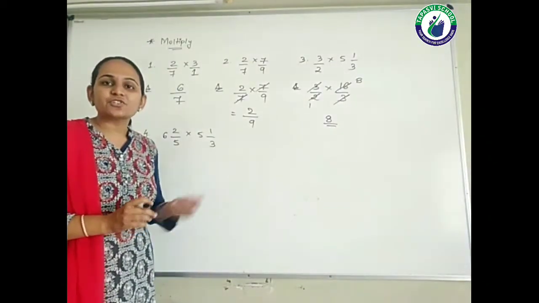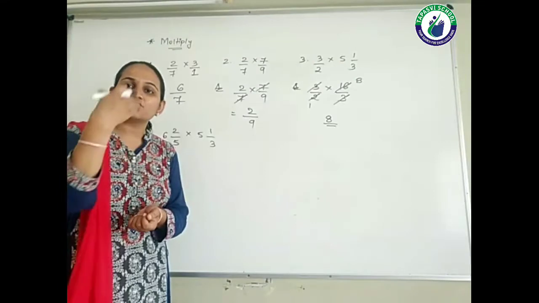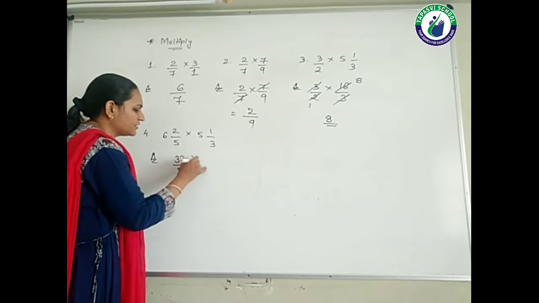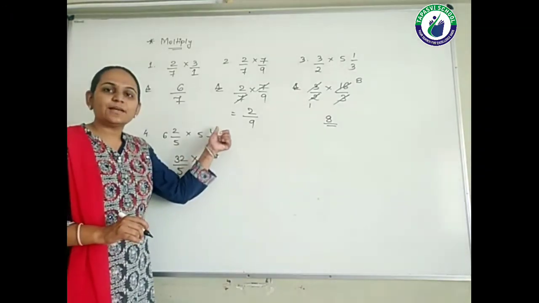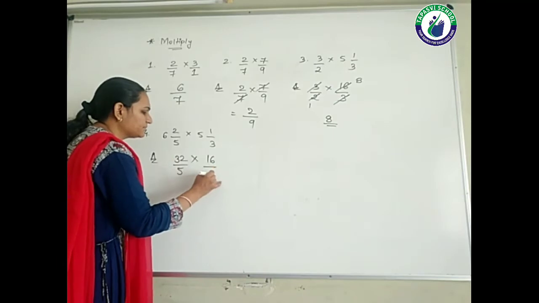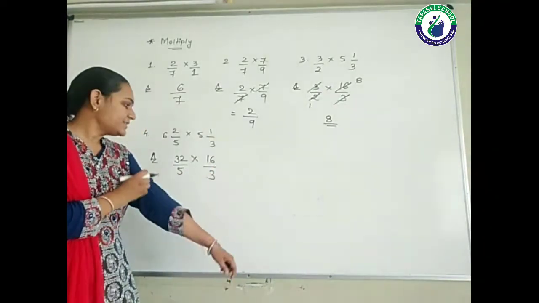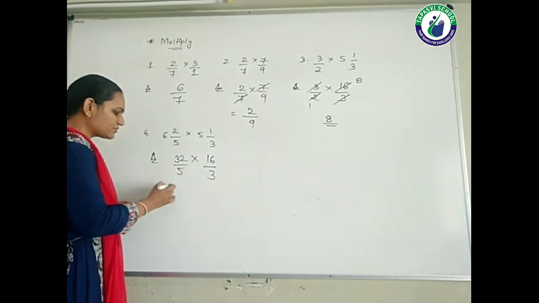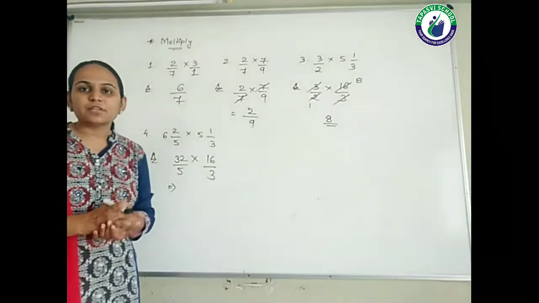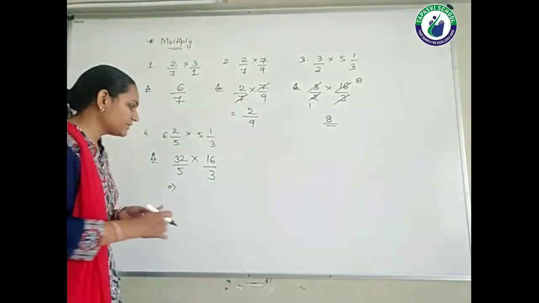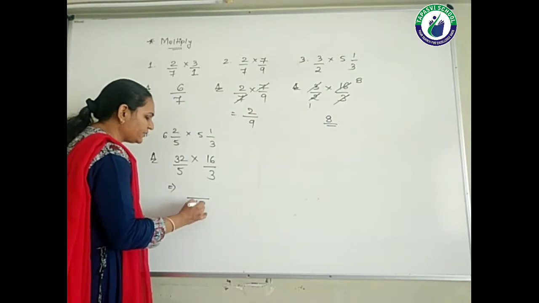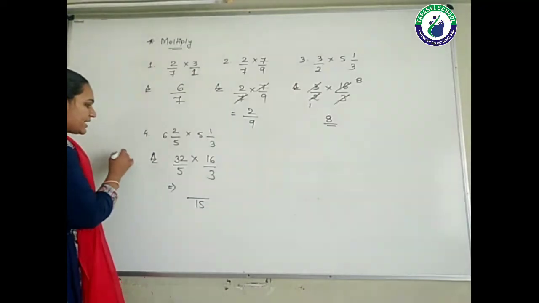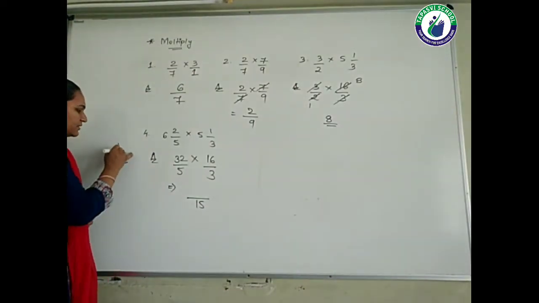See, both the fractions are mixed fractions. So the first step is to convert mixed into improper, students. So 6 5s are 30 plus 2, so 32 upon 5. Multiply by 5 3s are 15 plus 1, that is 16 upon 3. Clear? Now let's see, is there any advantage of cutting? I cannot find it, right? So what are we supposed to do? We are only supposed to multiply. अगर कुछ cutting नहीं होता है तो multiply करना पड़ेगा. So 5 3s are 15 and 32 into 16, that I need to multiply, right? To get the answer. So here I am doing the multiplication.